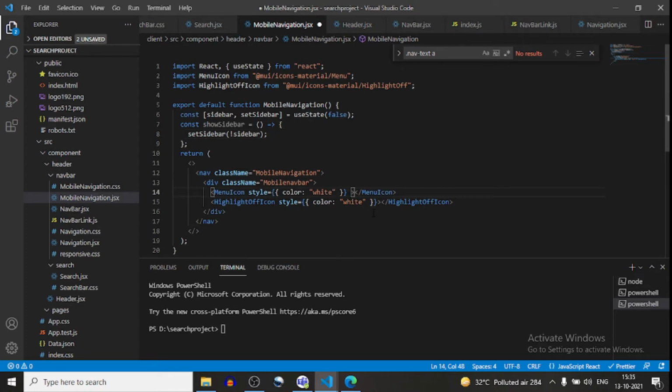On click on menu, onClick equals, I will call this showSidebar. And the same function I will call on the closing button.